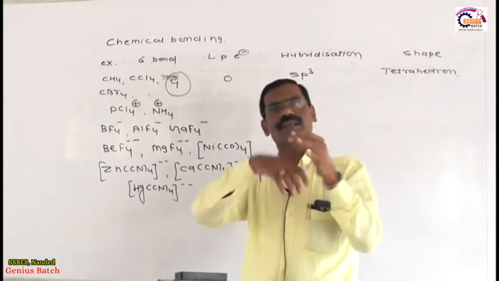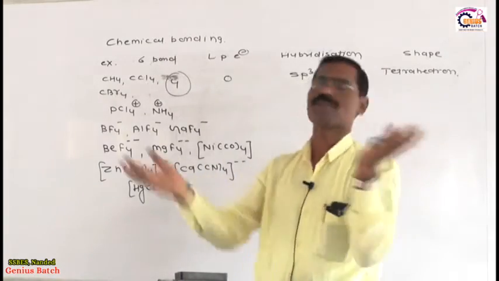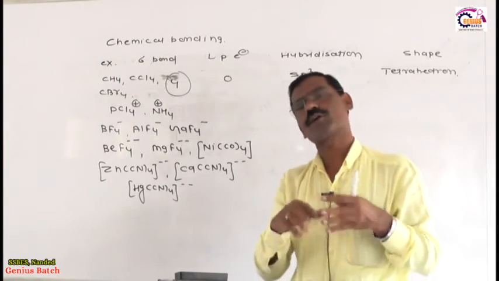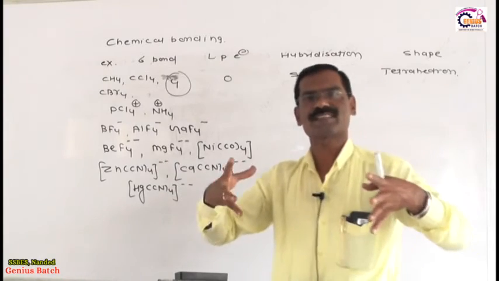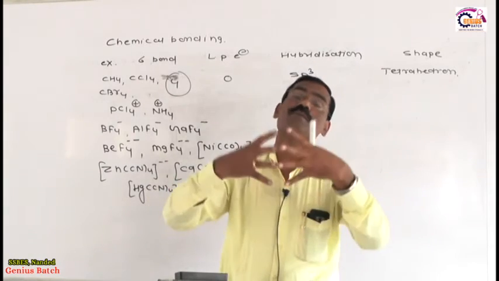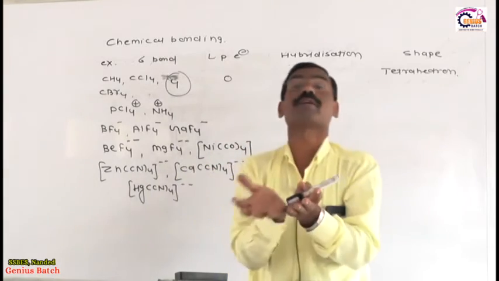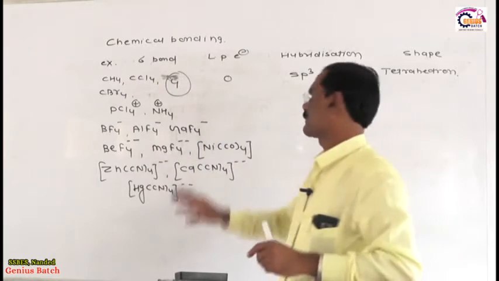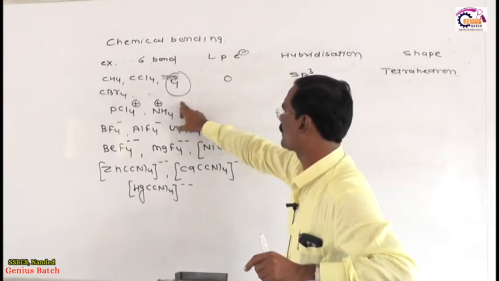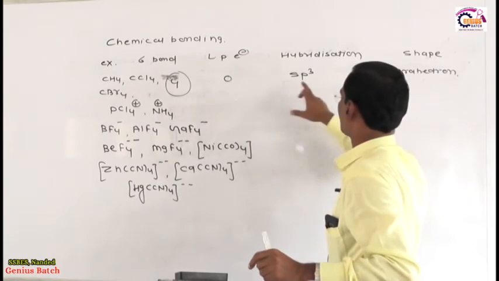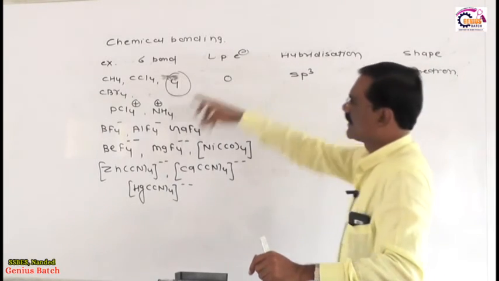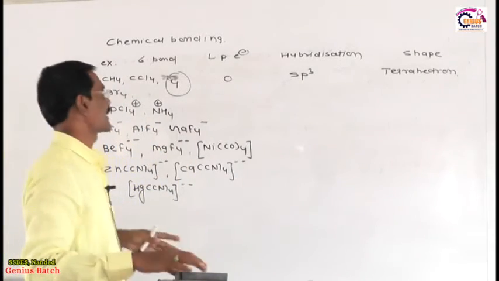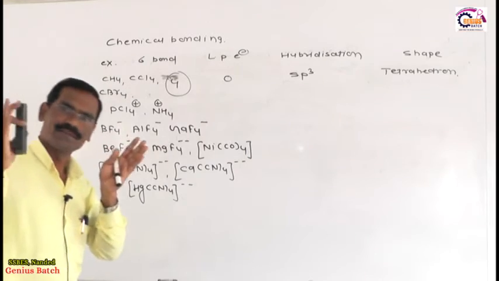If this molecule doesn't have any lone pair, it means there is no lone pair repulsion. Whenever there is lone pair-lone pair or lone pair-bond pair repulsion, because these two repulsions are very strong, they reduce the bond angle and distort the geometry of the molecule. But in this case there is no lone pair, only bond pairs of electrons, that is 4 sigma bonds. Due to 4 sigma bonds, 0 lone pair, hybridization sp3, geometrical shape is tetrahedron. So these are the examples which show sp3 hybridization with tetrahedral geometry. So this is the first and very interesting case.